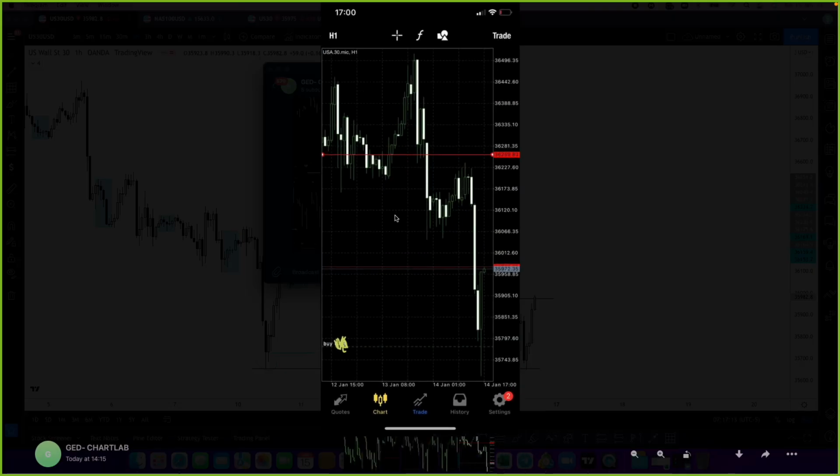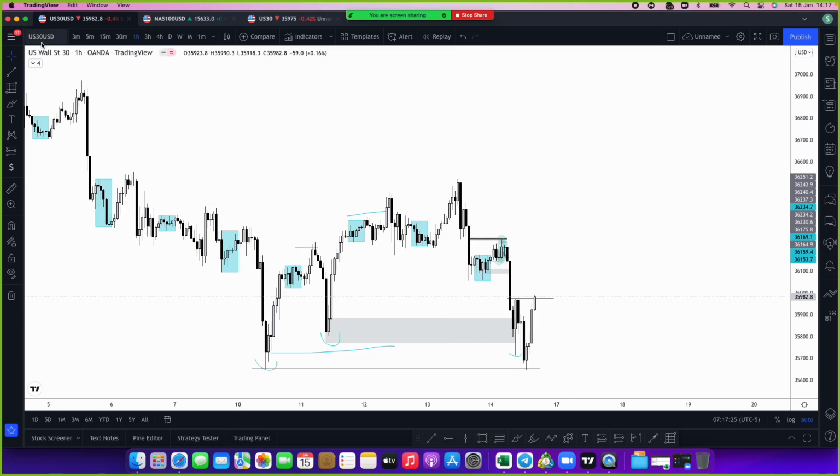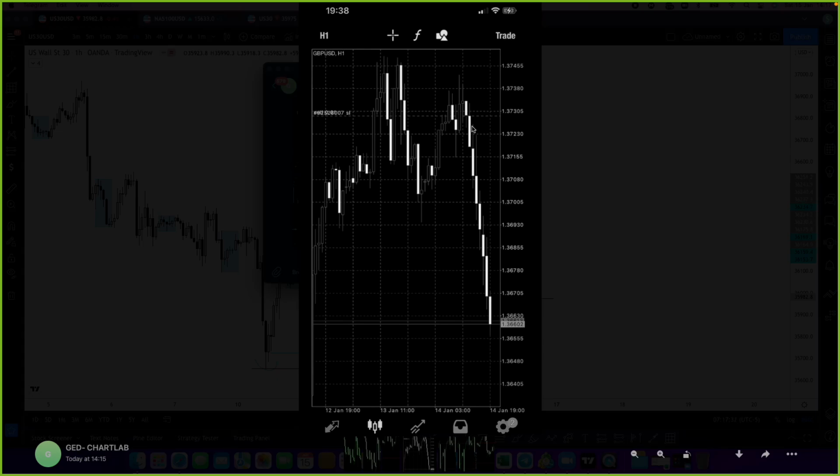And if you check, let's say on this picture, someone could even fail to take an entry from here. Why? They'll say the market is going to come back to this block. You see those kinds of things. So this is why you need to react to the market. After that, there was also this trade that I took. This was GBP USD. You see, this was GBP USD. This one was a very sniper entry.